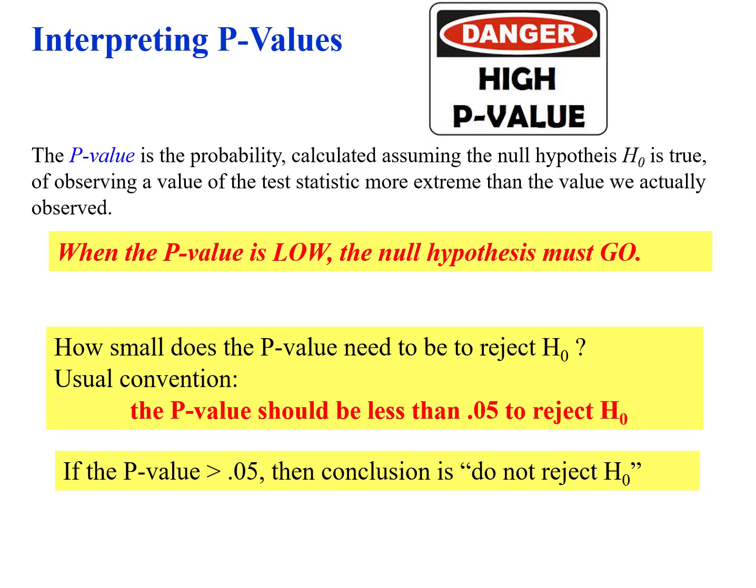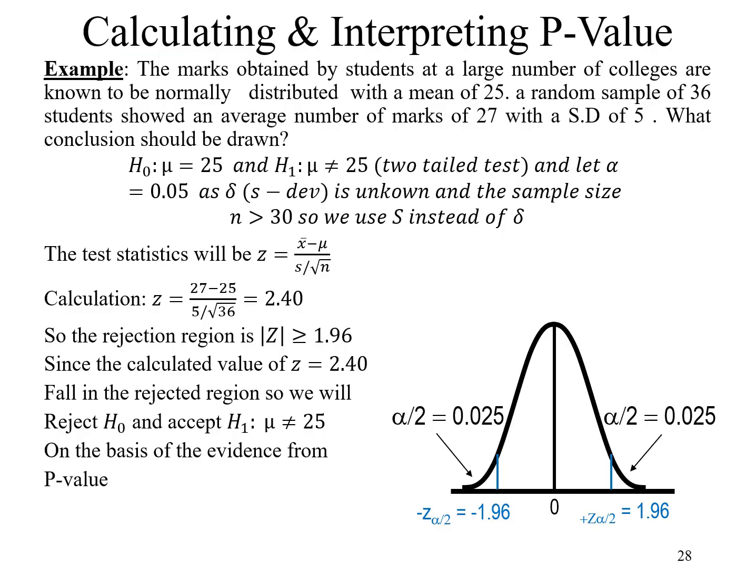It will be rejected. How small does the p value need to be to reject? We need to understand this. The p value should be less than, let's suppose, 0.05 to reject H naught. We use this value based on our intuition, our experiment analysis, and our experience. If the value is greater than that, we do not reject H naught. If it is greater than 0.05, the hypothesis test strengthens the support that the null hypothesis will be accepted and the alternative hypothesis rejected.